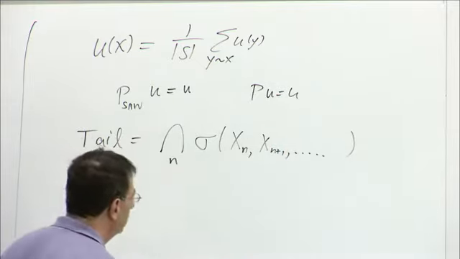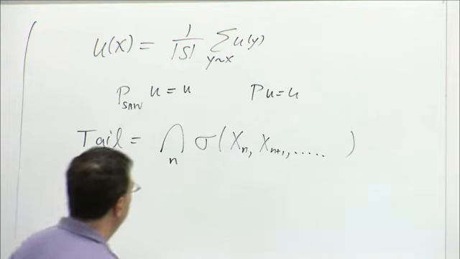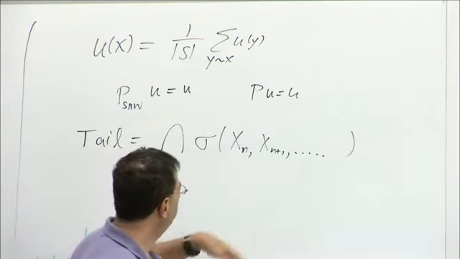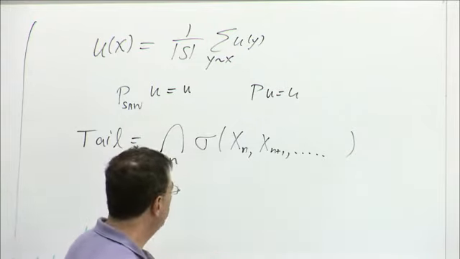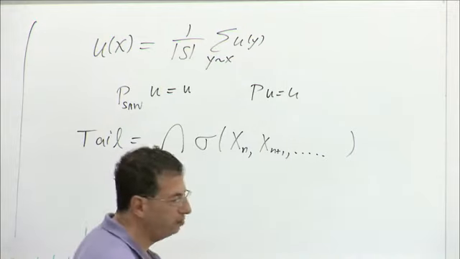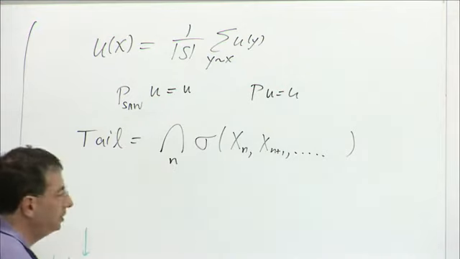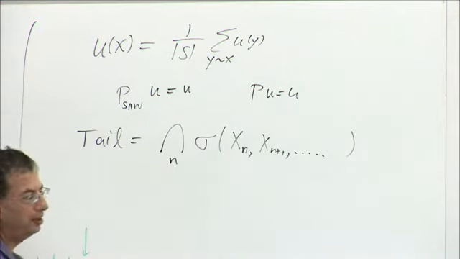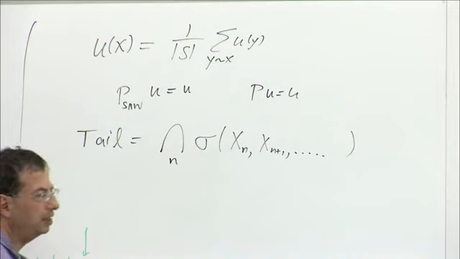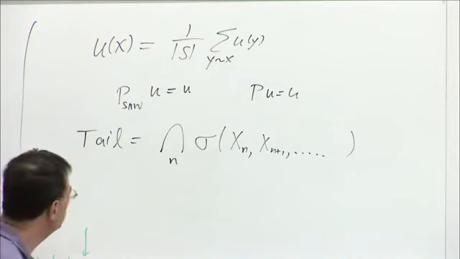Formally, you could think of any event where the indicator of the event can be written as a function of the variables from time n on, and that's true for every n. An example of a tail event would be, is the speed taking some value, but because the speed is going to be almost surely constant, that's not going to be a very interesting event.